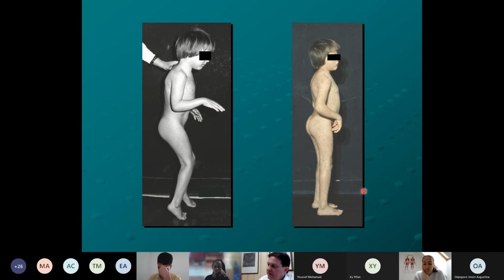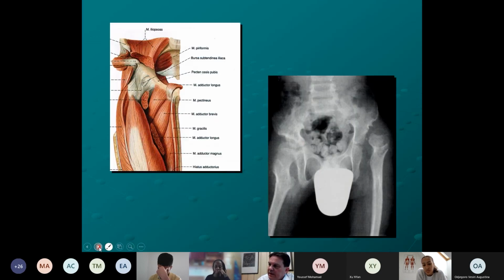It is not completely normal always, but it's much, much better than if the child would have this deformity. If you don't treat it well, for example, the adductor overfunction, here is all the adductor muscles. If you don't treat it, they are so strongly overfunctioning that the hip even can become dislocated gradually. So the femoral head goes out of the acetabulum, which is a very, very bad situation because it hurts and